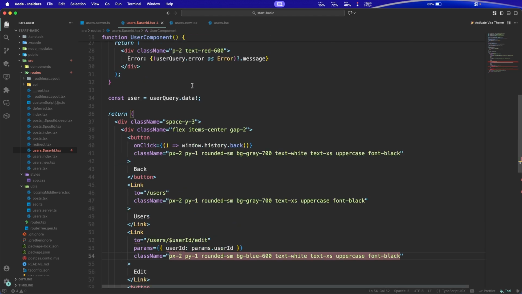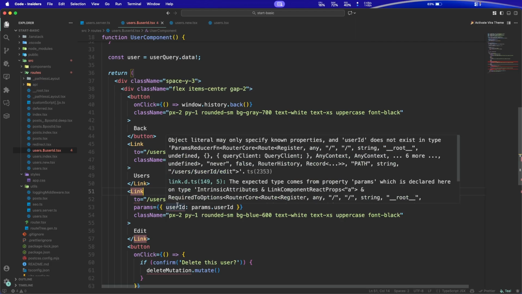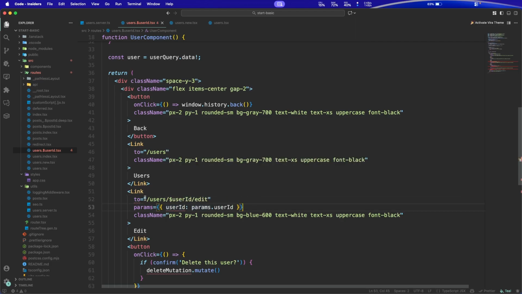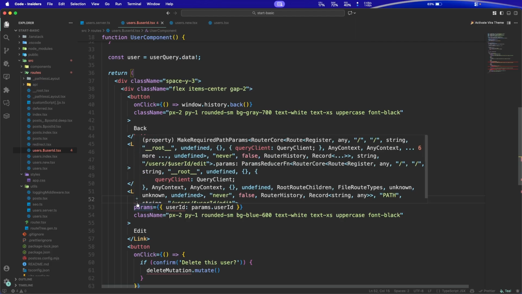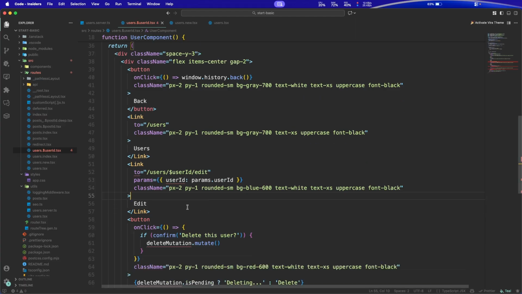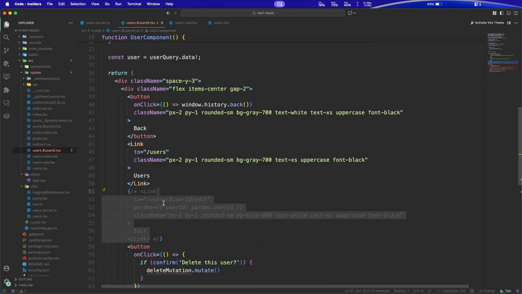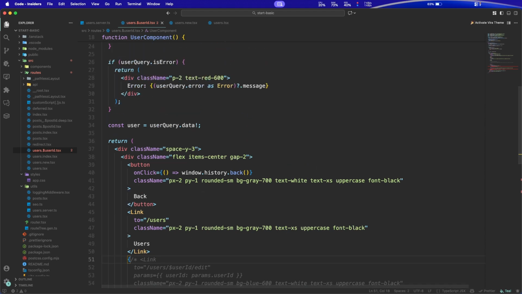For mutation, there is the create and edit user. Edit will be the user ID, then param the user ID, right? So we also need the edit route. Otherwise, this error is showing because there is no edit route available, right? Before we are moving, just comment this code right now. Just only this code. We implement the delete mutation first, then we implement our edit mutation. For the delete mutation,